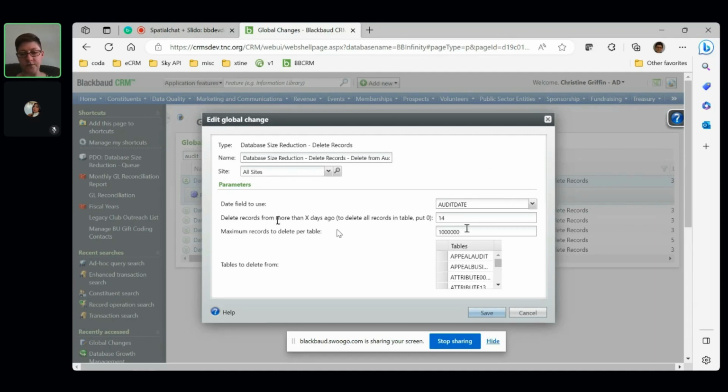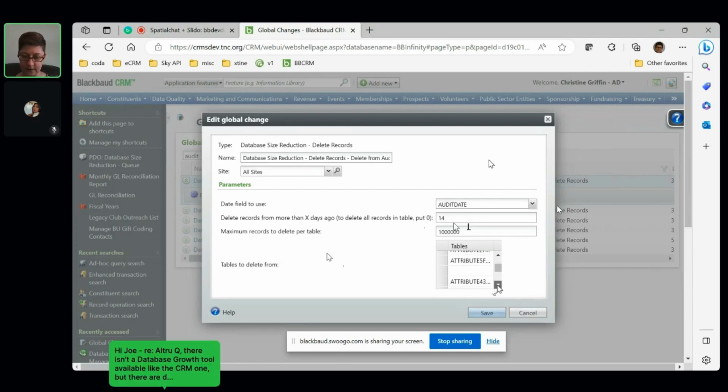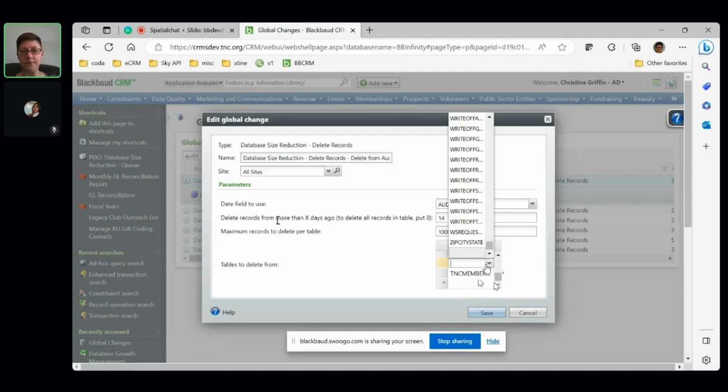Ours are really high because we've got everything cleaned out now. And then here would be the tables. These are all the tables that anything older than 2 weeks we don't need. Mostly a lot of attribute tables. And if you want to add a table, you just add it in the drop down here, which calls off